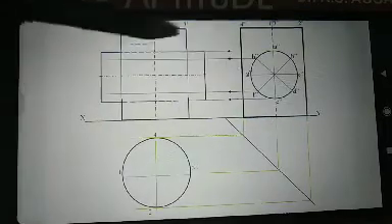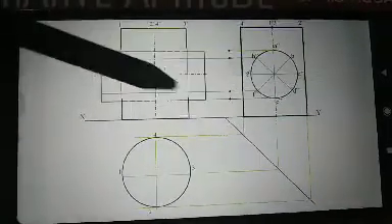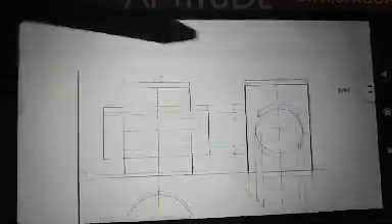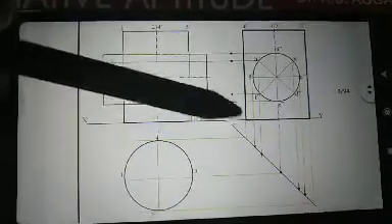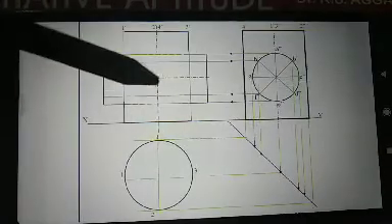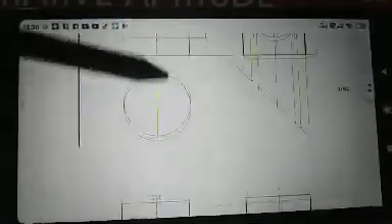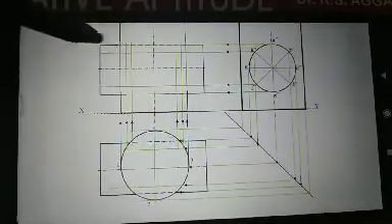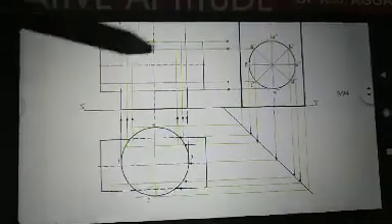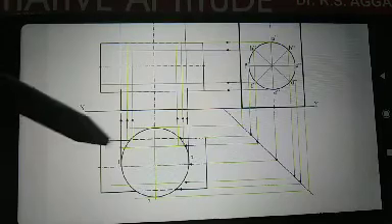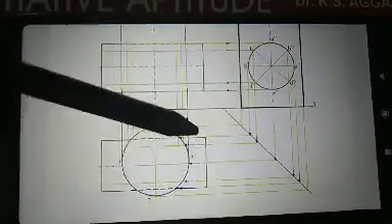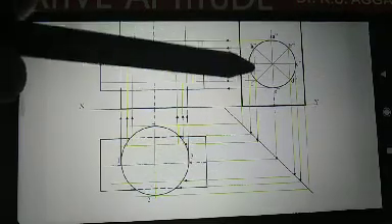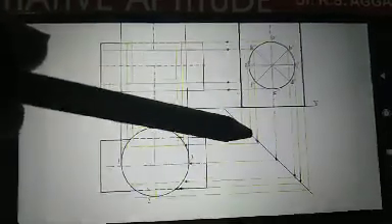Then we projected this part to the front view and to the top view also. Then after that, as we took this position in front view and top view, we completed the front view of the horizontal cylinder as per the given dimension, and the top view of the horizontal cylinder as per the given dimension. Then we found the intersection of these generators